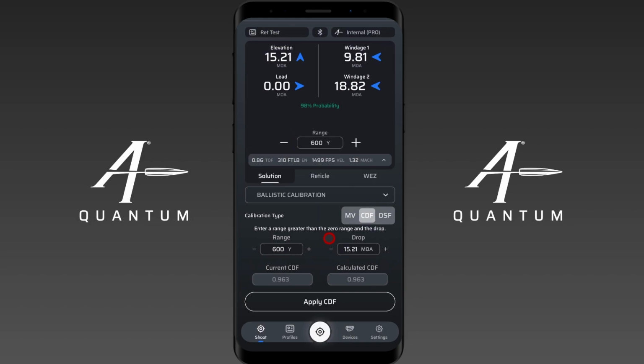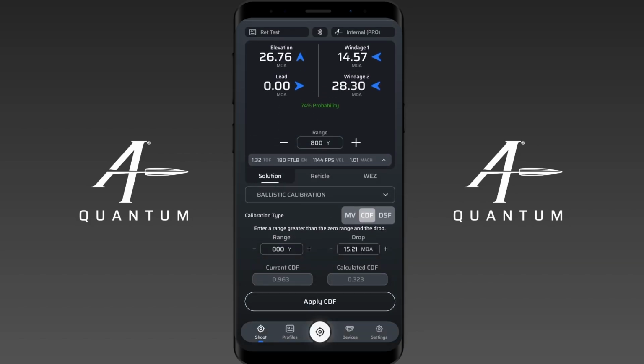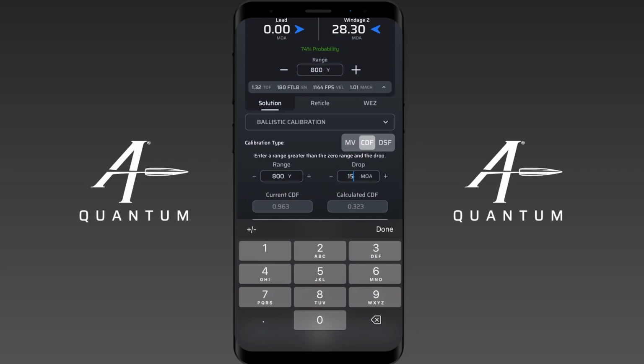Now, the cool thing about this tool is you can constantly use this. You can continuously update this. So let's say it's a new day and I go to the range, and today we're shooting at 800 yards. There we are. And we're supposed to be shooting at 26.76. Now, do note that this firing solution is calibrated at this point. This is not an uncalibrated solution. But now I'm finding out that I need to hold 27 even. For whatever reason, I need 27